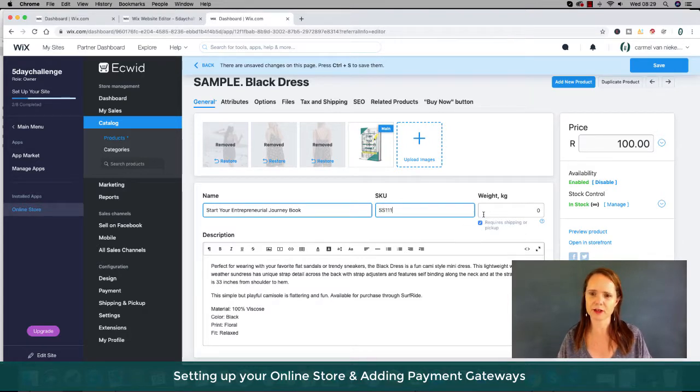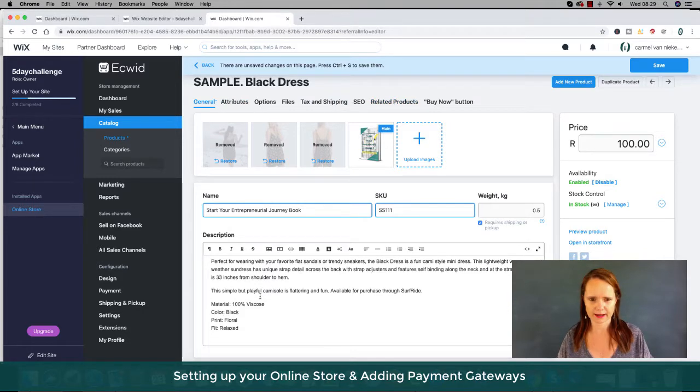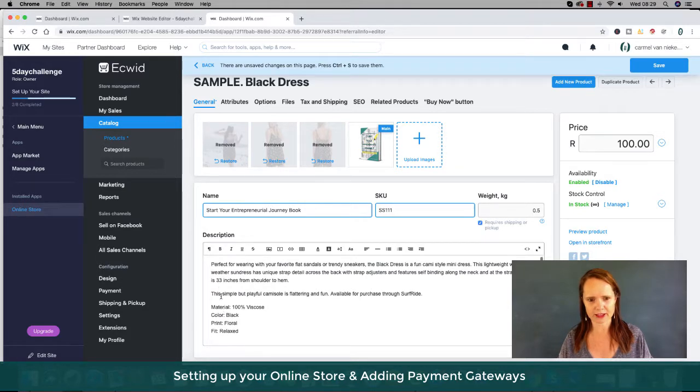Okay, if it's a physical product, then I'm going to have to put in the weight of it. So let's say 0.5. And if it is a physical product, then I'm obviously going to have the different options up here. I'm just showing you the beginning part though. Now, it's not an address like this was here, so I don't have to put any of this information, but I can just say,